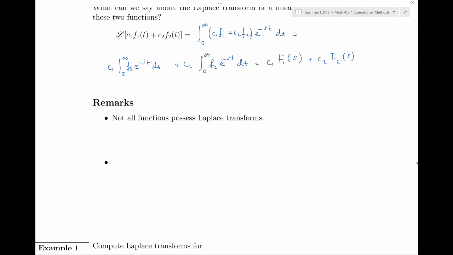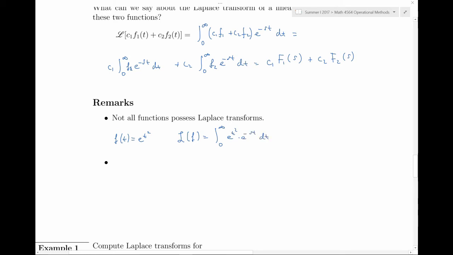You notice that for some values of s, the Laplace transform is not defined. There are functions for which Laplace transforms actually do not exist. So let's consider this function. This is the function that rises quite rapidly. And so the Laplace transform will be the integral from 0 to infinity of e to the t squared times e to the minus st